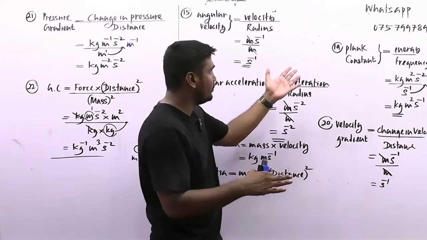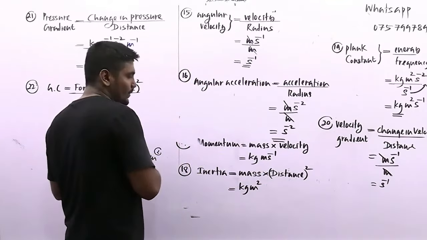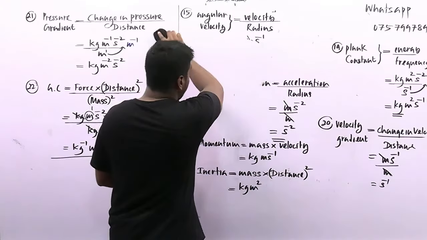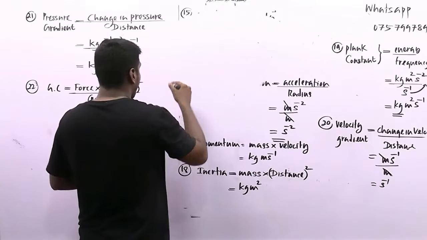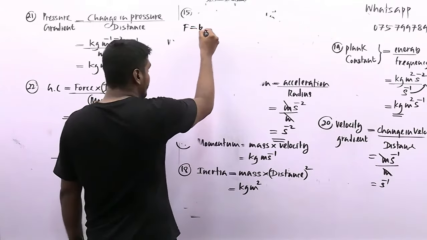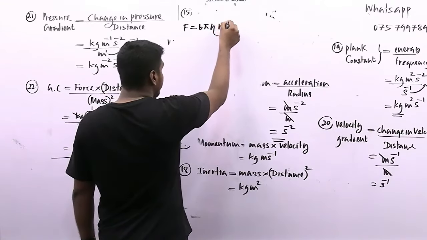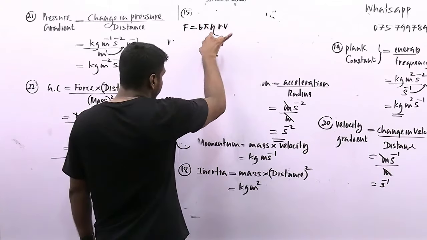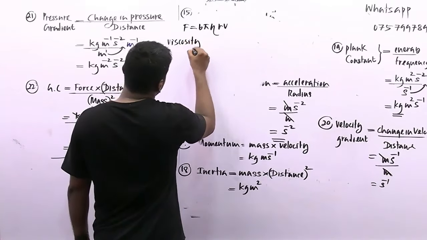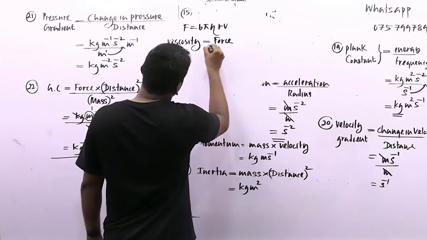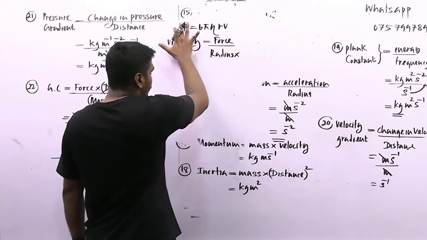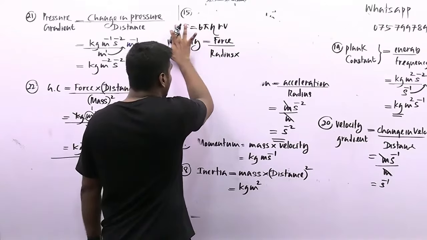Question 14, okay, we'll do question 14 also. The viscosity idea. Now some of you might not know the viscosity idea. Look here. The equation to find the viscosity: we have to learn one equation, though you don't need to bother with it. F equals 6 pi eta r v. From this equation we can find the units of viscosity. Viscosity means force over radius into velocity. You don't need to bother with this equation.